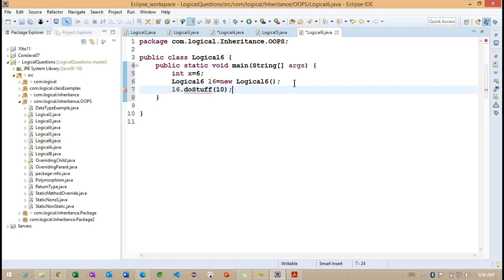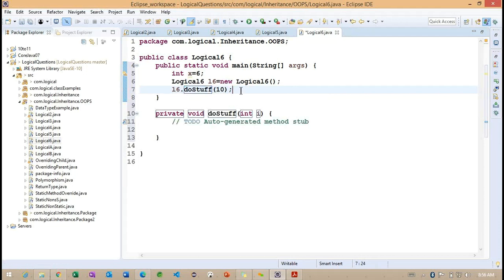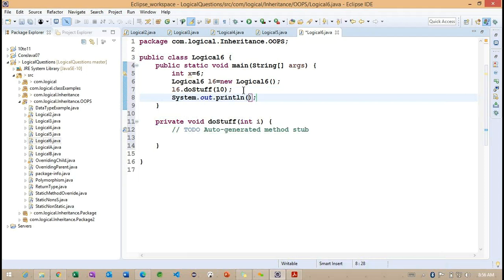This method as of now we don't have, so we are going to create this method. Now we created this method. Right. Now I am going to call sysout x value.